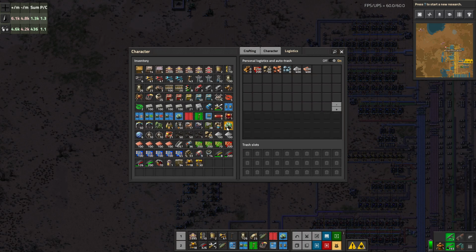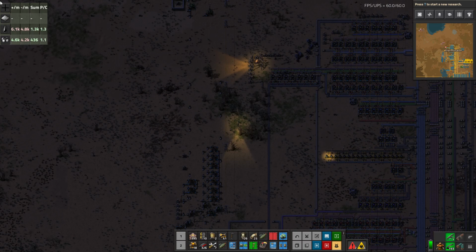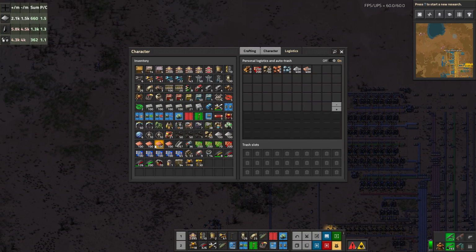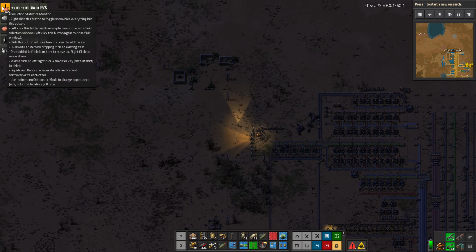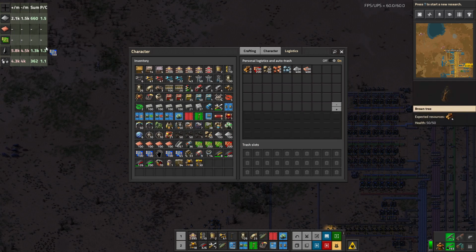So we're going to take some iron, I'm going to put it in our cursor, and we're going to left click that and it adds it. Now it will take a minute to update again due to the interval, but let's add, there we go, it just updated. Let's add some copper, let's add some circuits, let's add some more circuits, let's add some red circuits,